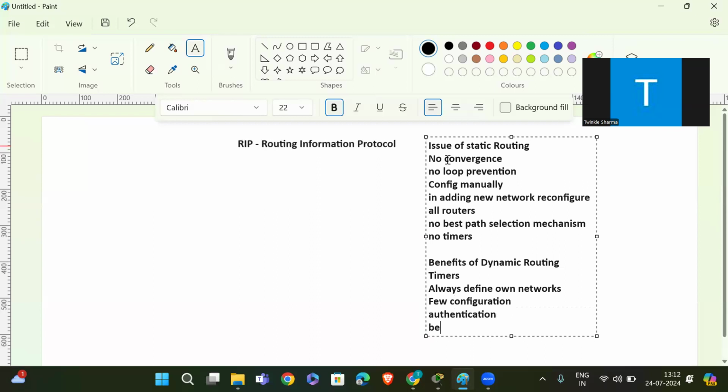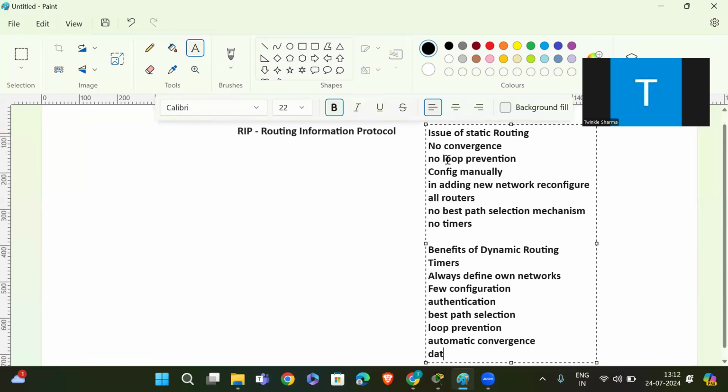Then we have best path selection. Then we have loop prevention. Then automatic convergence.